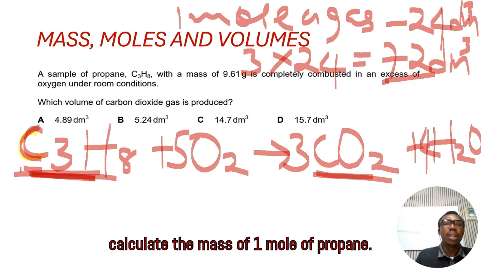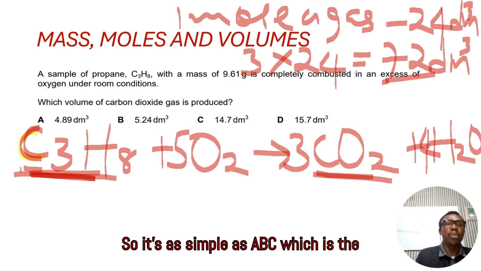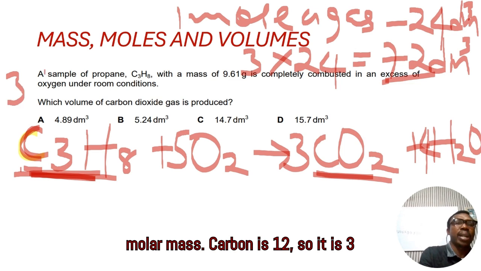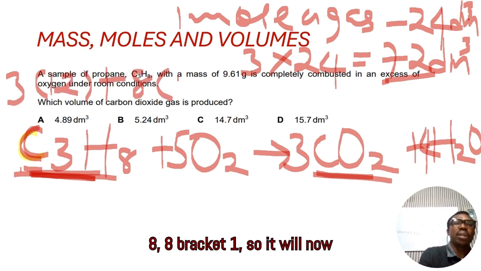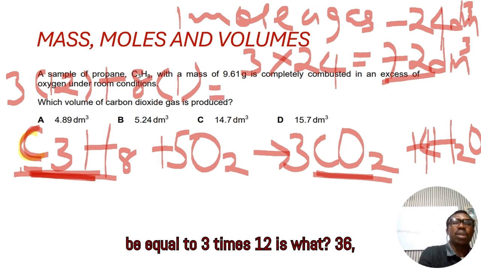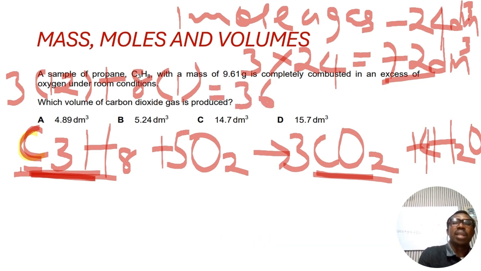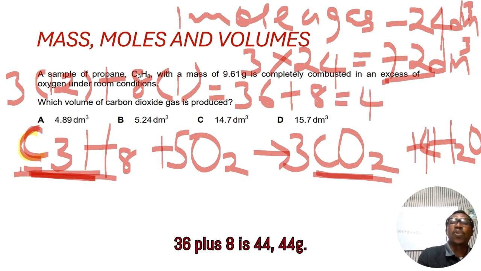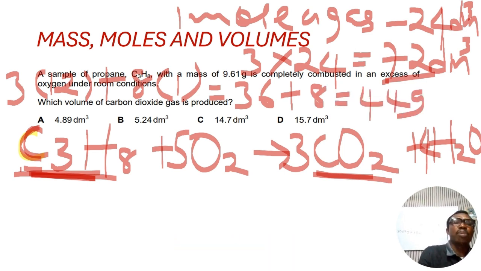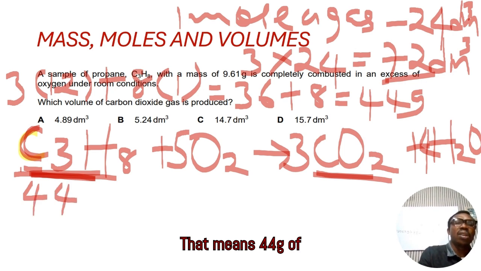So it's as simple as ABC, which is the molar mass. Carbon is 12, so it is 3 bracket 12, plus hydrogen is 8, 8 bracket 1. So it will now be equal to 3 times 12, which is 36. 36 plus 8 is 44. 44 gram. That means 44 gram of propane,